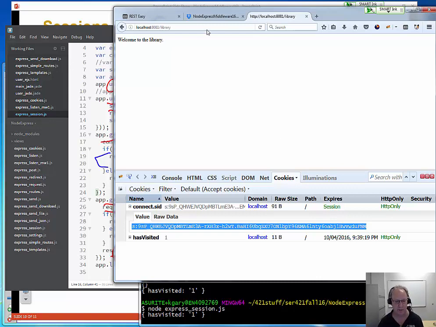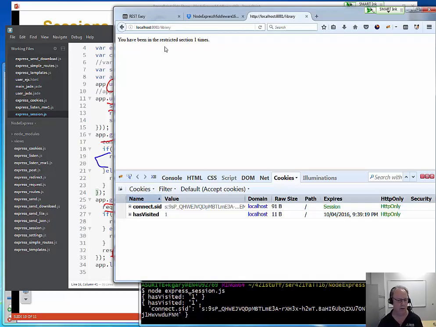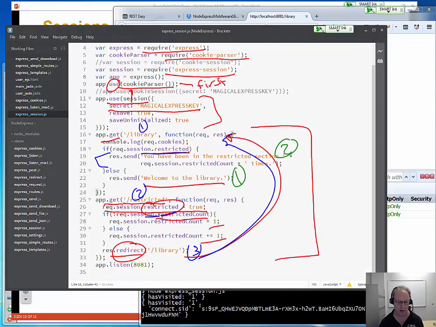And now that session has been set, so now if I go to the restricted part, well, notice I typed in restricted, it redirected me to library. It still has the same cookie and everything, but notice how the message changed when I got redirected back to library. And again, that's because it noticed that I had set the session-oriented property down here on restricted,